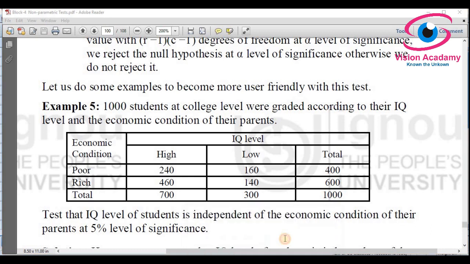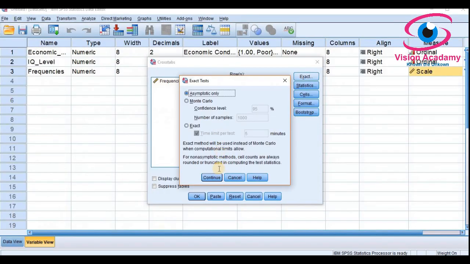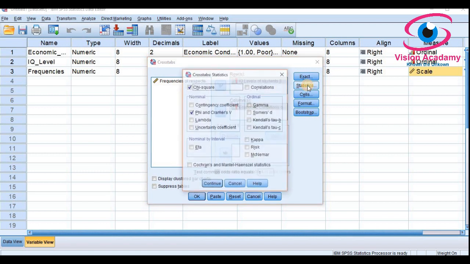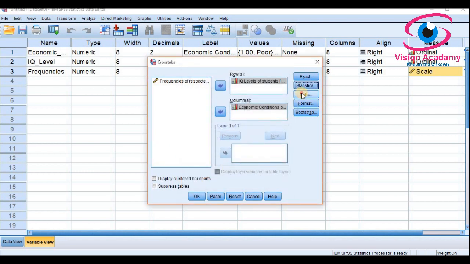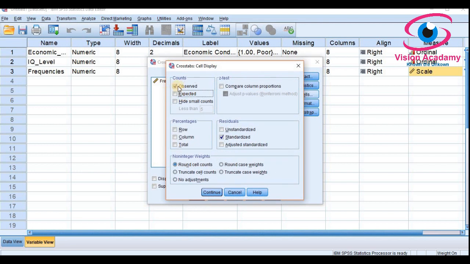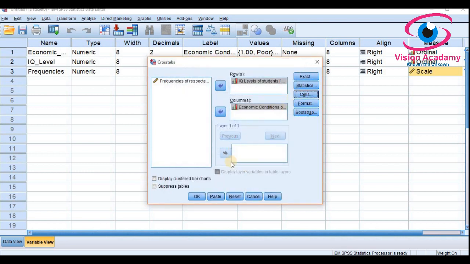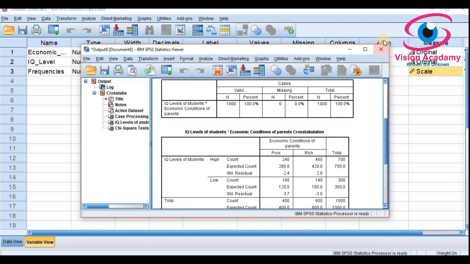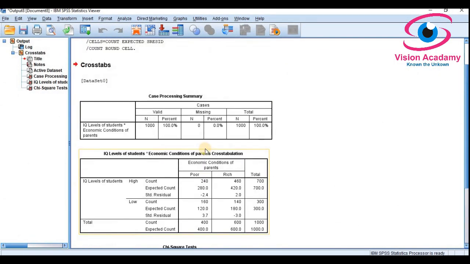It is okay. Now click OK. You can go to statistics. Here you have to select chi-square test. Very importantly, we are going to calculate the chi-square test. Click continue, go to cells. By default there will be only observed, also select expected frequency. Click continue. Now give OK. Your output is ready for you.